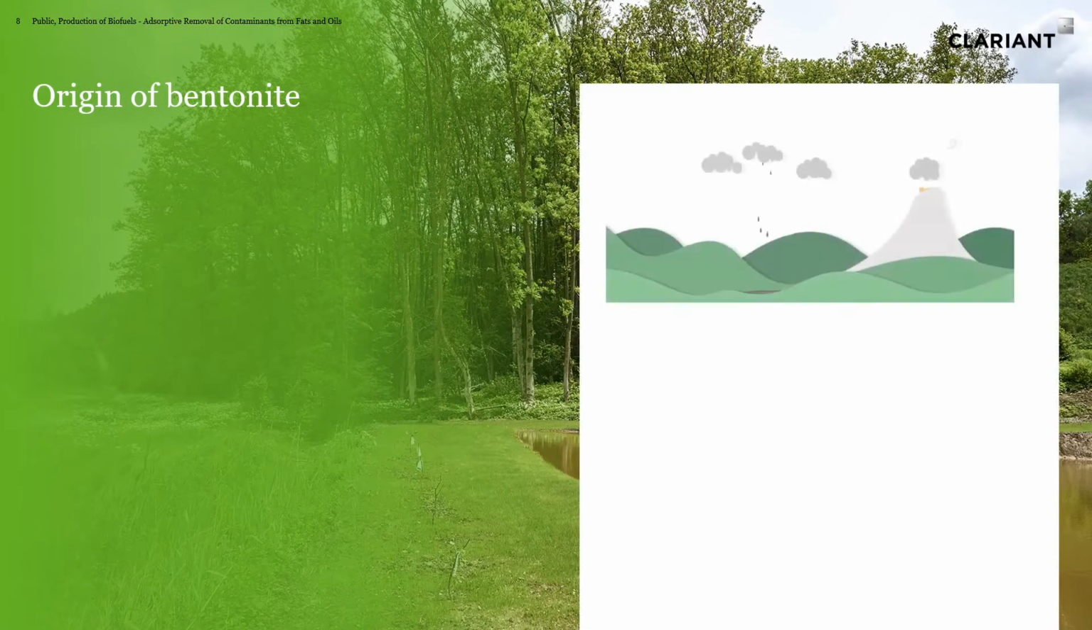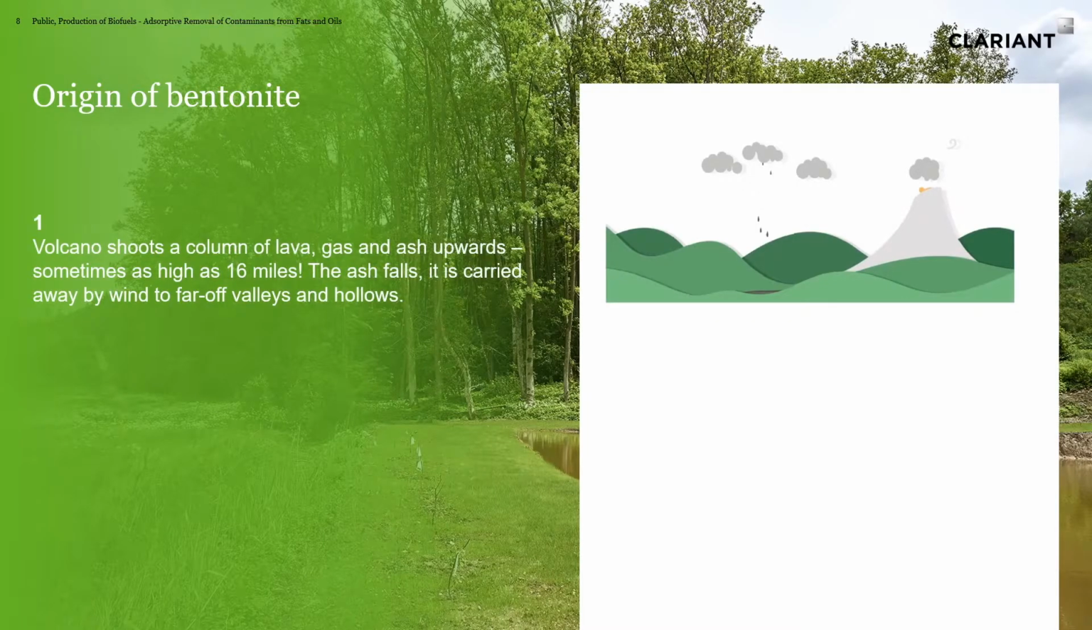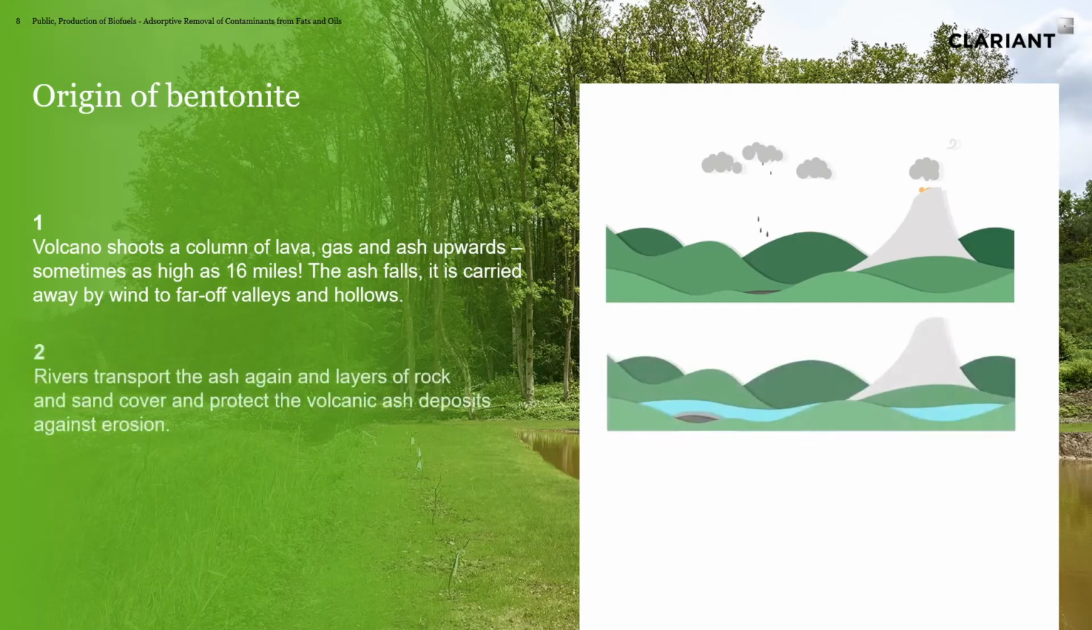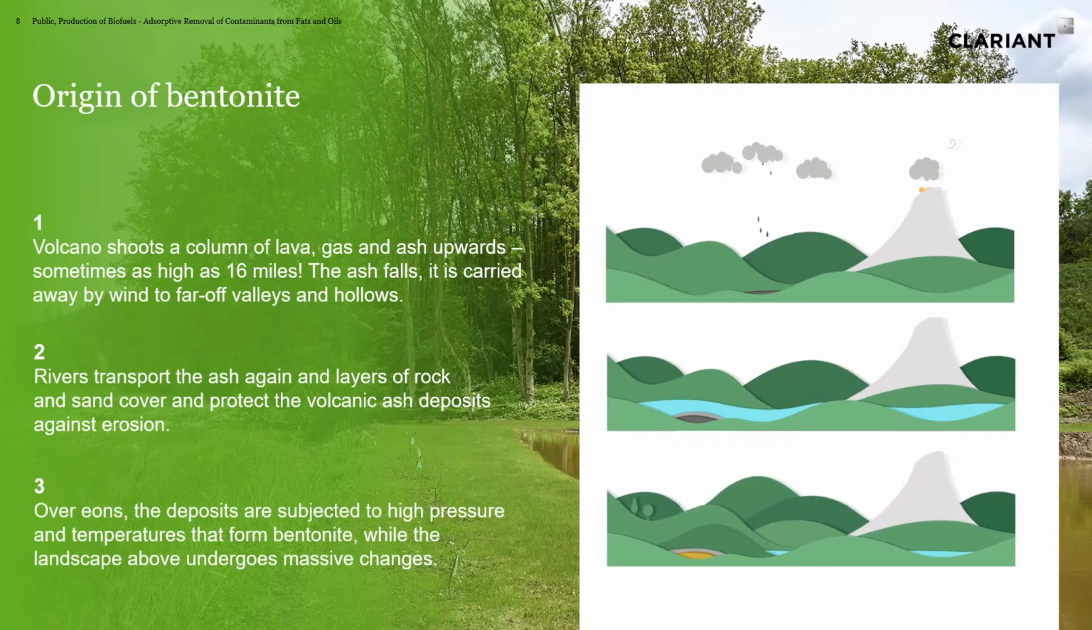Just very briefly, we're going to look at the origin of bentonite. Clariant produces bentonite products as bleaching clays. So years ago, volcanoes shot up lava that had gas and ash. Sometimes that traveled as much as 16 miles. The ash, as it falls, gets carried away by the wind and water. And over time, those deposits are subjected to high pressure and temperatures, and they form bentonite. So the landscape undergoes massive changes, and what's left behind is the calcium bentonite products that are then processed to make